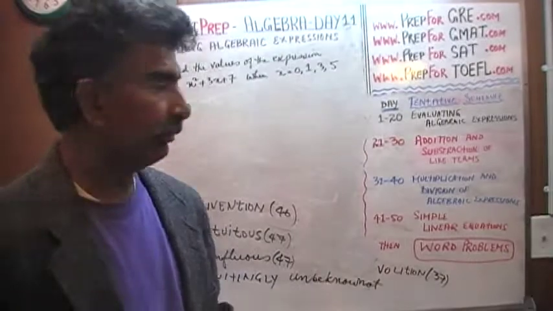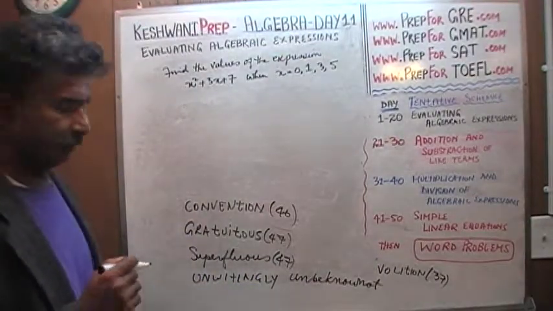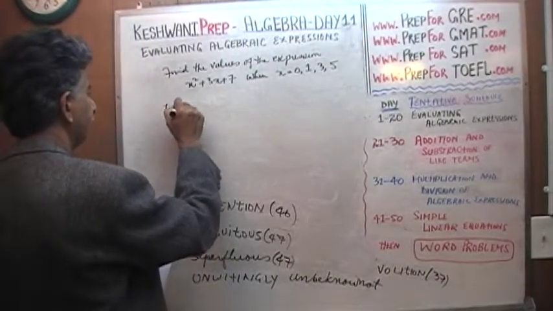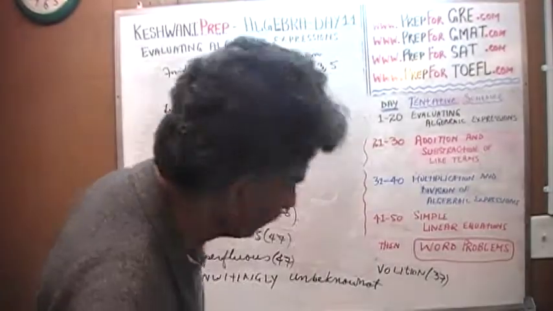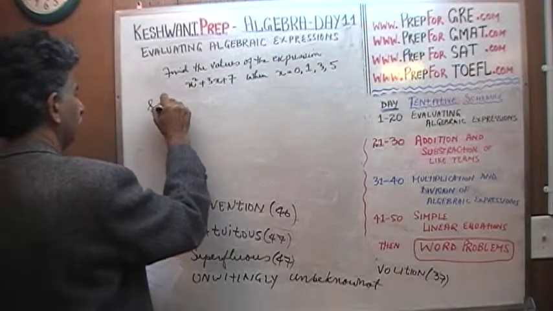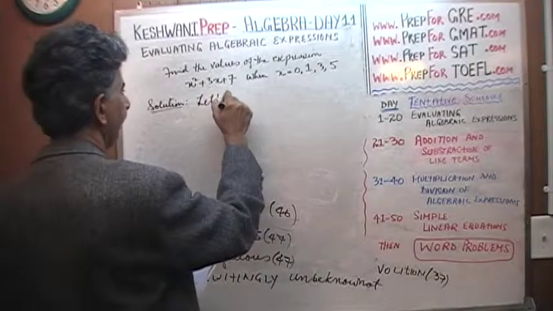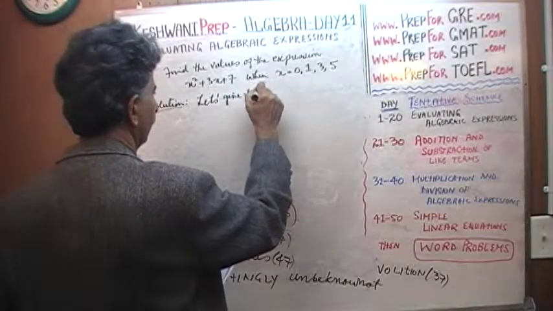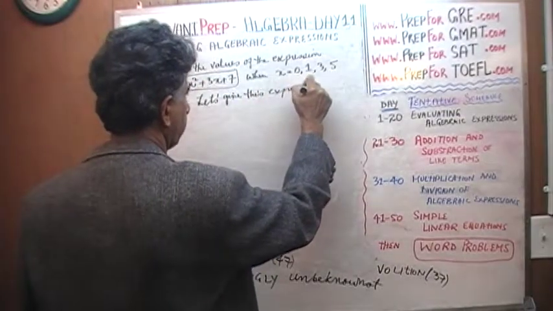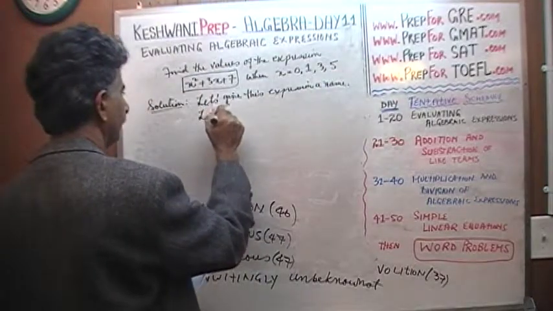First thing first, we could actually just plug in the values there and be done with it, but let's do it in a proper way, the way it should be done. So that's the problem there. That is what we are asked to do, and here is the solution. The first thing we have to do is, let's give this expression a name. Let's call it